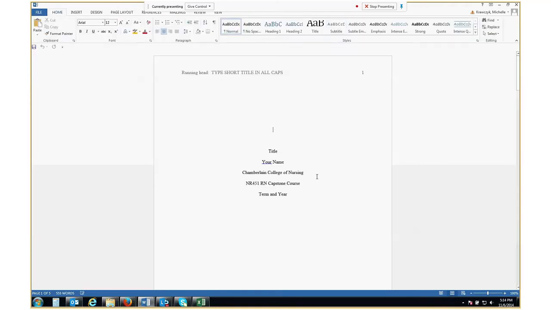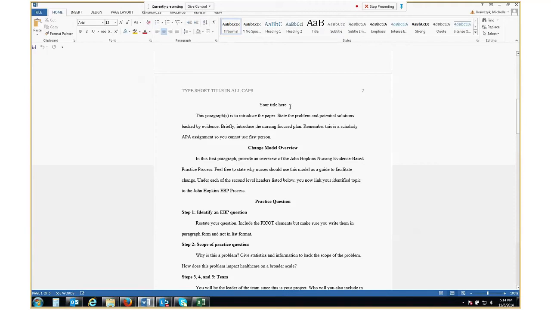And then again, you'll come down here and you'll put your title here, and then you'll need to change this as well because the first page is different than the remaining pages for the headers. So then what you need to do is you're going to take out this information, but this part will tell you a brief description of what needs to be in here. So right here you need to talk about the problem, just give a very quick overview of why this is a problem, and why you chose this topic.